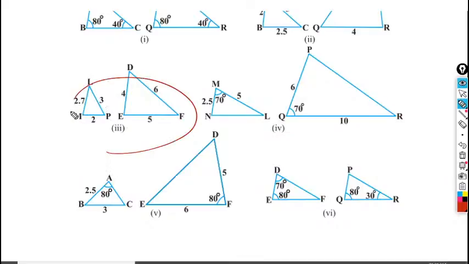Here these two triangles are not similar. Okay. Then we'll move to the IV. IV also you can see. Yes. Here you can see